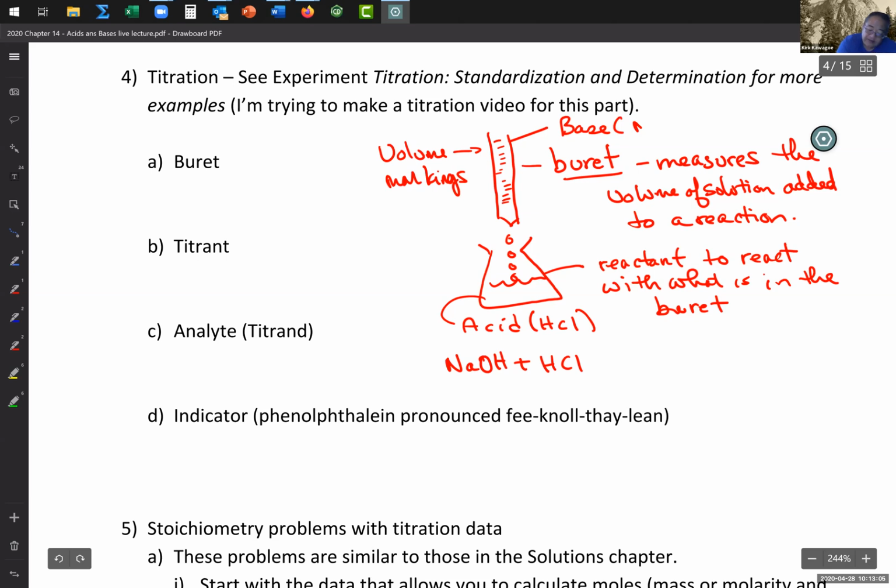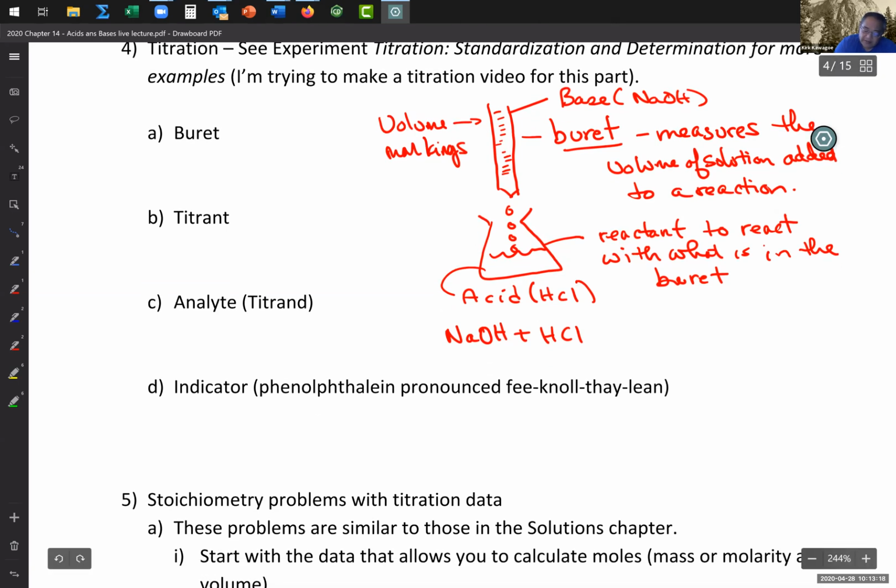Now, and here's the thing. You can switch whether or not the acid or base is in one or the other. The idea is you're trying to control their reaction so that you know exactly how much stuff it takes to react with what's in the flask, okay? And the reaction for this one would be an acid-base reaction, and that would be a double replacement, to remember,